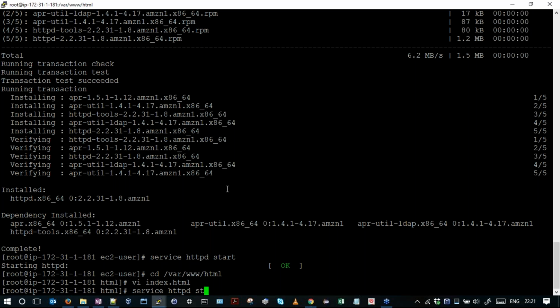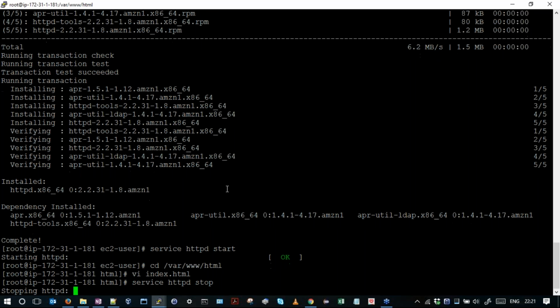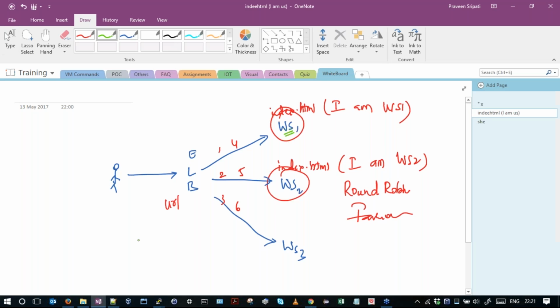Now I will do a stop. Now the load balancer won't be able to check the index.html on web server 1. In a few minutes it will declare it as unhealthy, and then it will be sending the request only to the second web server. So every time we'll be getting I am web server 2, because that's the content of the index.html.